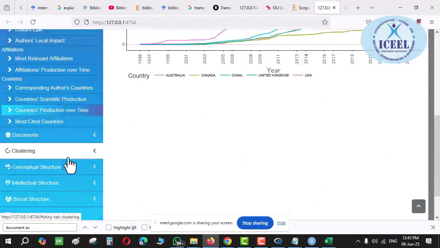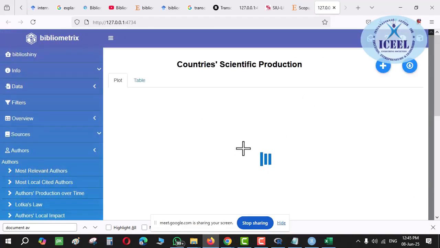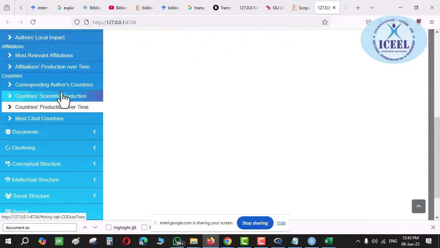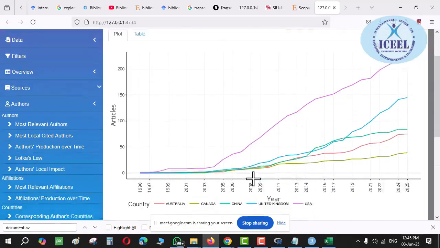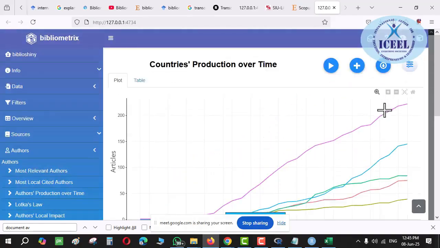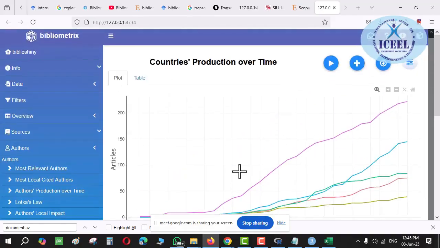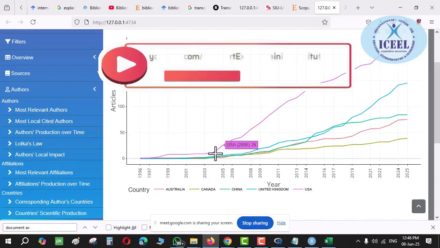So based on export import and corruption, I will have this country list. Right? Clear? Yes. Then I'll have the countries with the maximum research production over time. You can see which country has been producing since how long. USA is standing tall, but it started research in this domain only after 2004 or so. The graph increases from here, otherwise it was more or less stagnant. Before 1997 it was almost zero, nobody was doing research on it. Suppose I want to see only this graph.